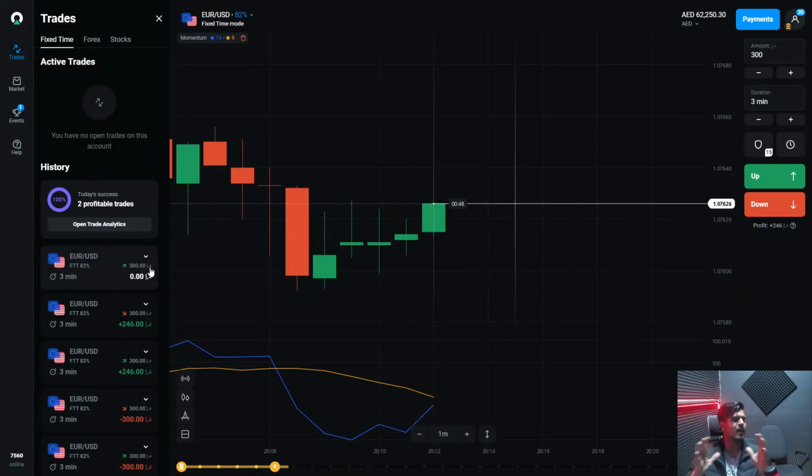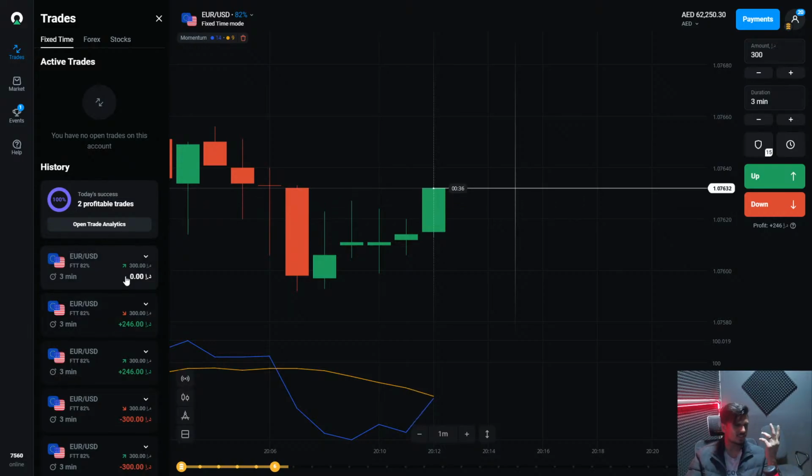But at least it's okay, it's good, we didn't lose any amount. Instead of losing, it's better to get a refund of our amount, because I can make another trade. Otherwise, if it had remained on the profitable side for just half a second more, it would have been a hat trick, three times the profit.